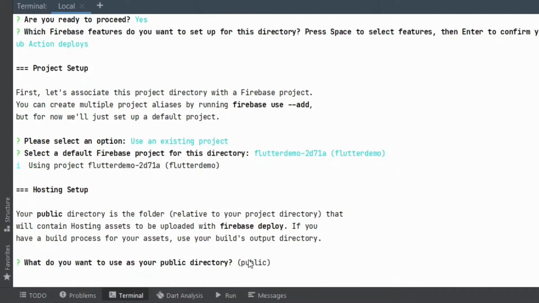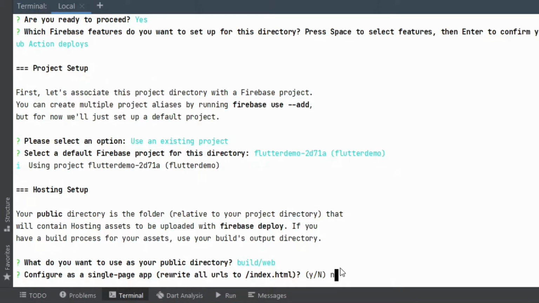What do you want to use as your public directory? In Flutter we use build/web as our public directory, and click on enter. It will ask me whether to configure as a single page app, yes or no. Now there is a common issue we get when hosting websites, which is that the website doesn't get deployed properly.